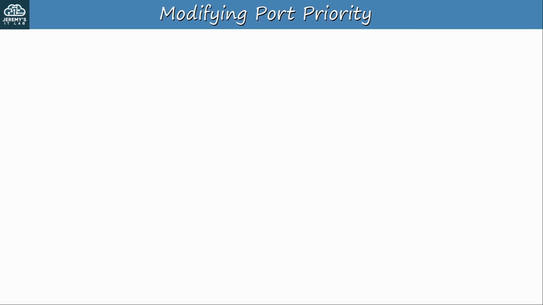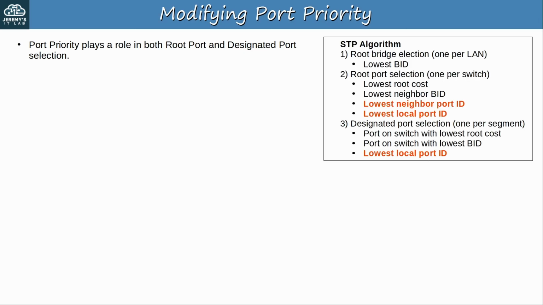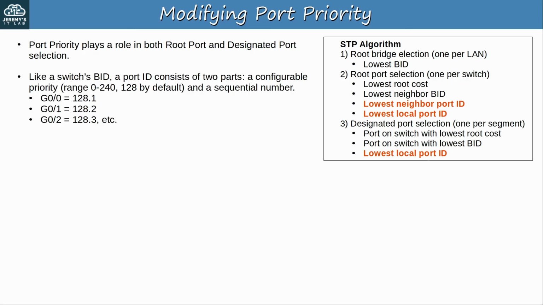Now let's look at the final parameter, modifying port priority. Port priority plays a role in both root port and designated port selection. Here's the algorithm again. As with everything in STP, the lowest value is preferred. This is review, but like a switch's bridge ID, a port ID consists of two parts: a configurable priority, which